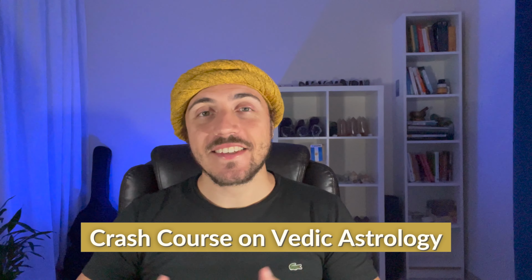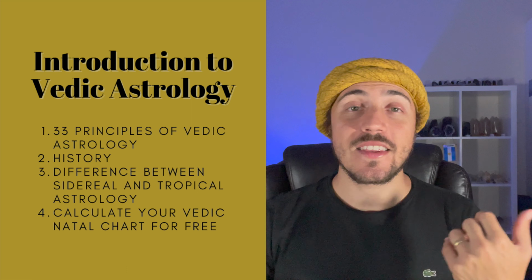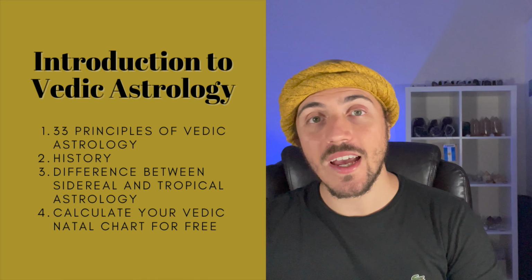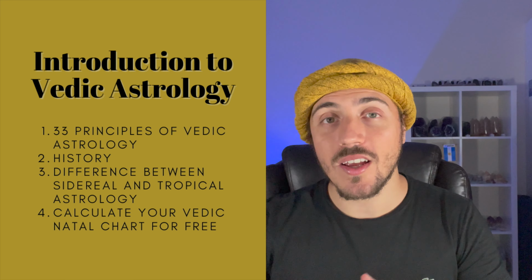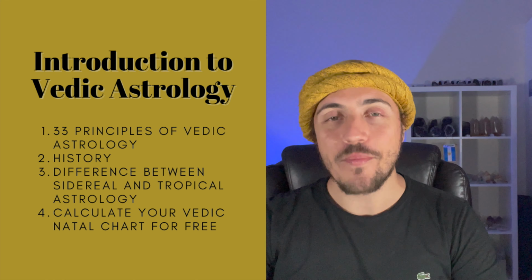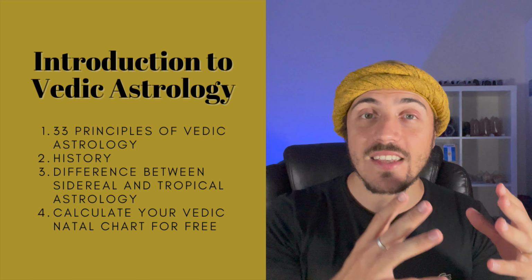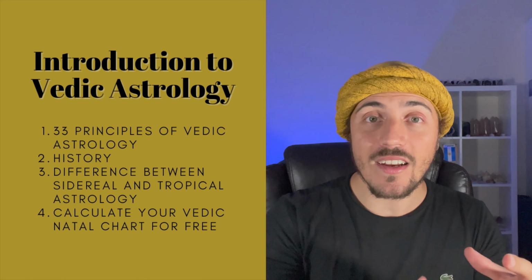First of all, let's analyze the basics of this course. We will be exploring the 33 principles of Vedic Astrology, which are the 9 Vedic planets, the 12 signs and 12 houses, the history of Vedic Astrology, the origins basically, what is the main difference between sidereal and tropical astrology, or saying differently, the difference between the Indian Vedic Astrology and the Western astrology, as well as how can we calculate for free our Vedic natal chart and how can we interpret that Vedic natal chart in a very easy